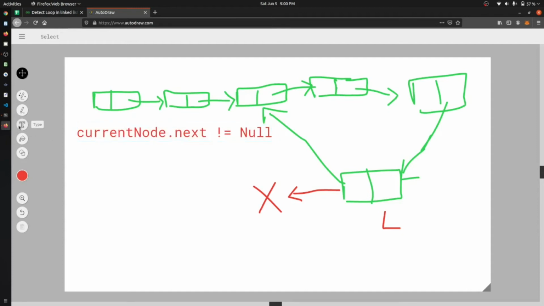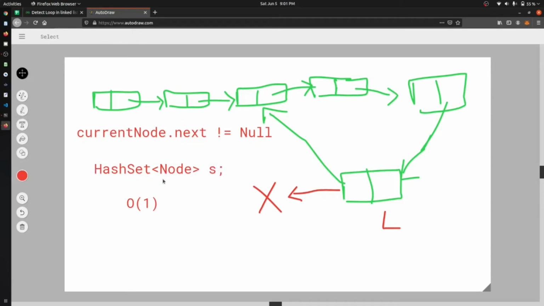Okay, so what we are gonna use is a hash set. We are gonna use a hash set. So we know that if we have an element in our hash set, okay, this is a hash set of nodes, and we will always have an order of 1 to search any element in that hash set. Okay, so what we will just say is that we will input all the nodes inside our hash set. Okay, let's say that it is s.